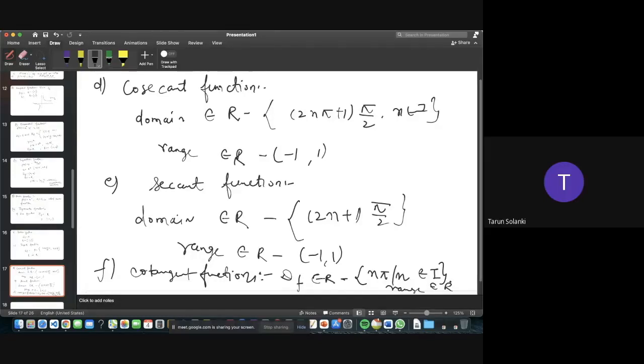Now you can make a table for the functions, domain, and range. So you can write polynomial, identity, constant, reciprocal, modulus, signum, greatest integer, logarithmic, trigonometric, inverse trigonometric. So you can write all these domains and the ranges in one page or somewhere else where you make notes, right? So this will help you a lot.